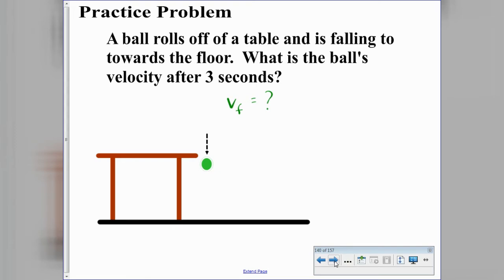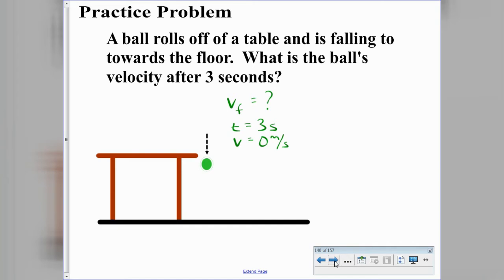It's falling towards the floor, and the other thing that it gives us is a time of 3 seconds. It does not give us an initial velocity. It says it's falling off a table, so it's rolling off a table, or just dropping off a table. That would mean it has an initial velocity of 0 meters per second. Again, we're kind of interpreting that from the problem. And that's all it really gives us in the problem,